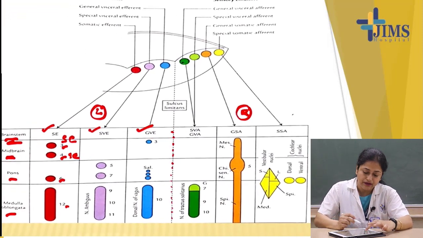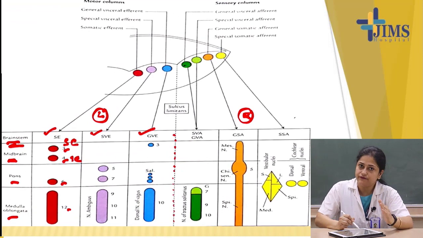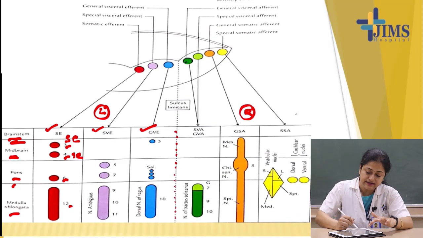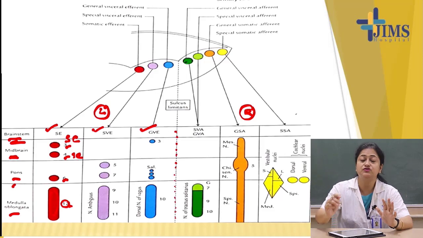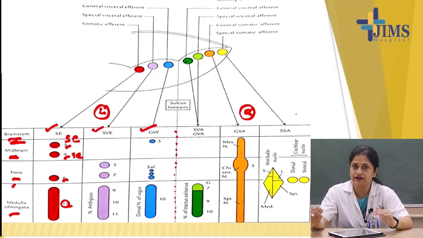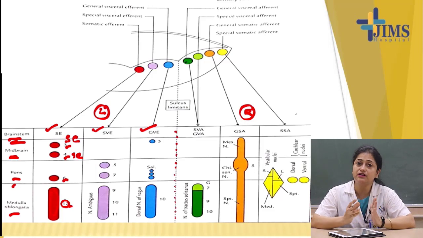Further below, in the lower part of pons, after the 3rd and 4th is the 6th. The motor nucleus of the abducens nerve is located in the lower part of pons. And finally, in the medulla you can see an elongated nucleus here. This is the hypoglossal nucleus for the 12th nerve, which carries somatic efferent fibers. So from this hypoglossal nerve nucleus, the somatic efferent fibers of the 12th nerve come out. So this is about the functional component with the deep origin and the location of the somatic efferent functional component